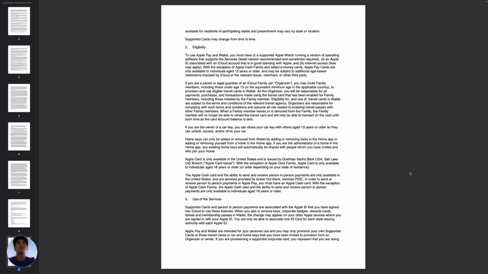Alright. 3. Use of the services. Supported cards and person-to-person payments are associated with the Apple ID that you have signed into iCloud to use these features. When you add or remove keys,